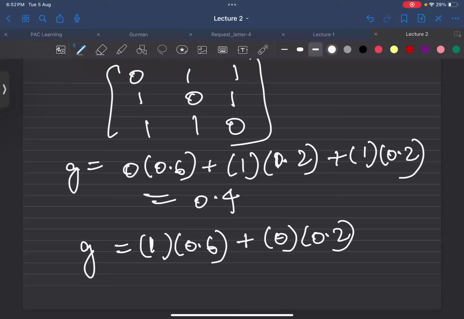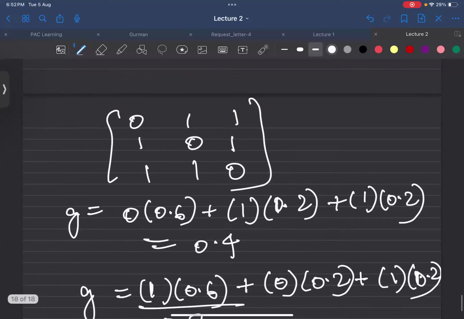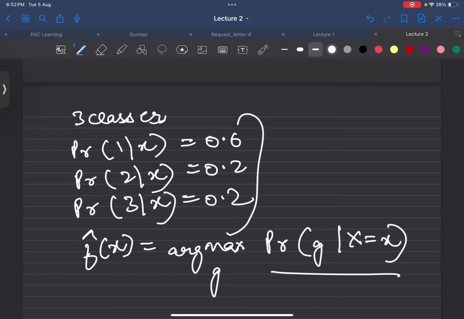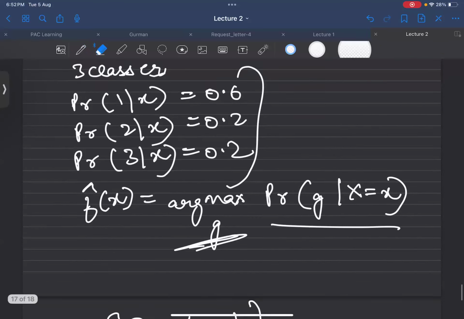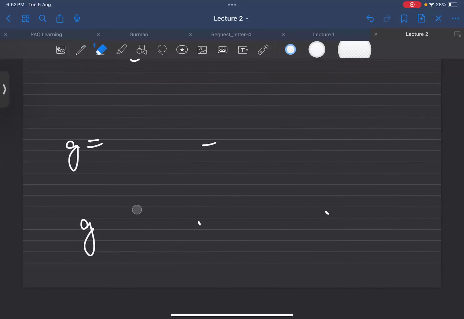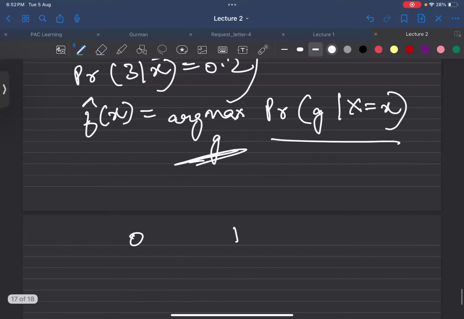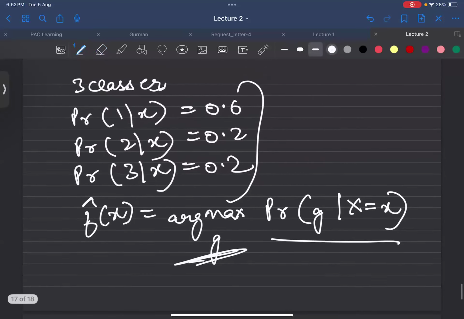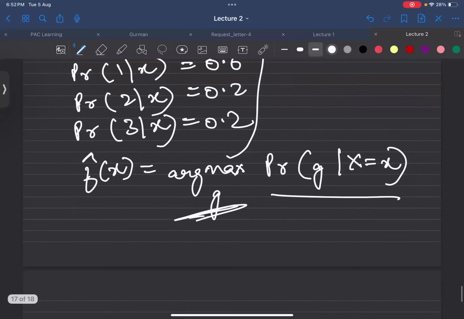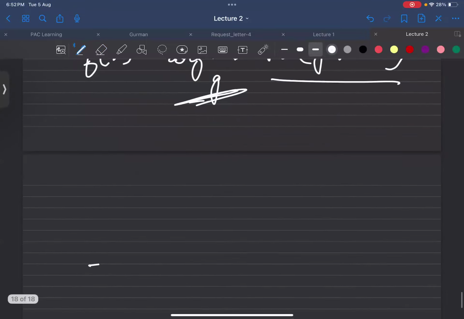Okay, leave this, otherwise it will confuse you. I'll just go with the higher probability: whichever has the higher probability, take that G value. Is it fine? Leave this one, you'll get confused. That is what we'll actually do. What we predict is that the probability that X is equal to 1 is more, that is 0.6, so we'll obviously choose that one.